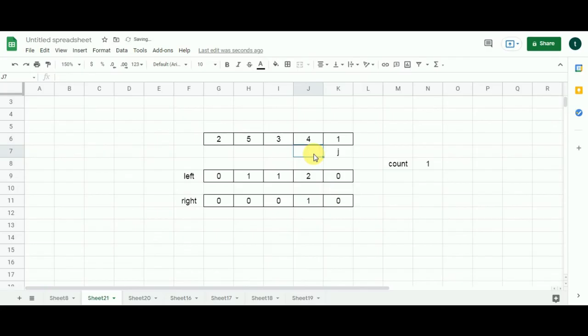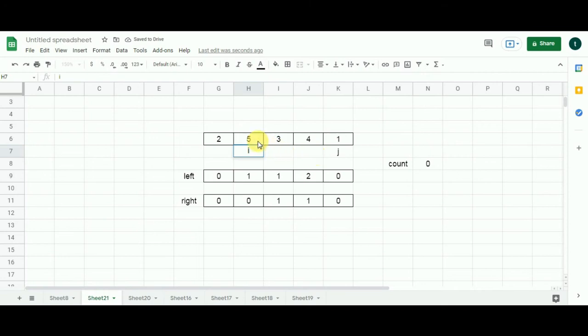Now I moves one cell to the left, and j is already at its base position. Let me clear the count variable over here. Okay, so I represents 3 and j represents 1. Is 3 greater than 1? Yes, it is. So the count variable increases by 1. J moves one cell to the left. Is 3 greater than 4? No. So the count variable stays as it is. And since j has completed all its iterations, I am going to populate 1 in this cell. And this count variable now gets cleared up. J goes back to its base position, and I moves one cell to the left.